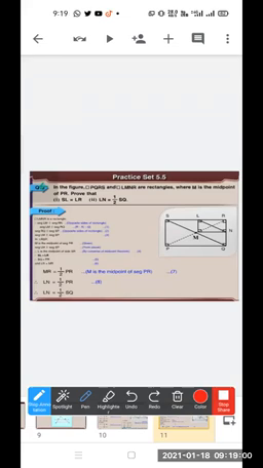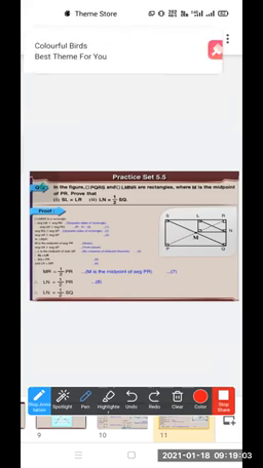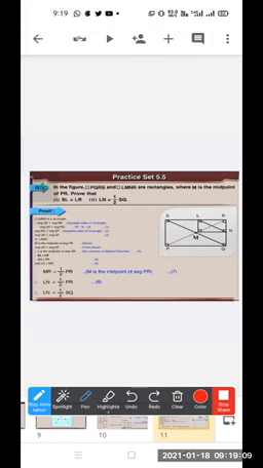So from these conditions we can write LM is parallel to SP. LM is parallel to RN, so LM is also parallel to RQ, and RQ is parallel to SP. So from that we can write LM is parallel to SP.